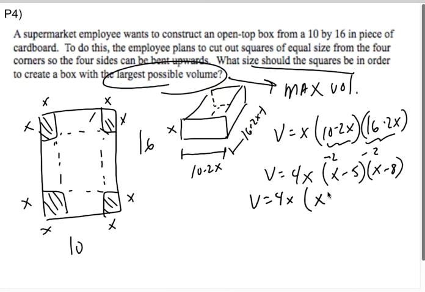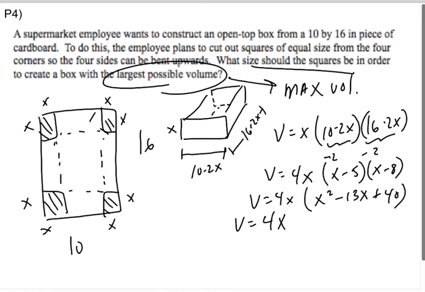So if you FOIL, you get x squared. Minus 8 and minus 5 would be a minus 13x, right? And then when you do the last, you get a plus 40. So I get that my volume is a 4x times that. You could even arguably keep the 4 out, and I'm going to show you why that's kind of useful,